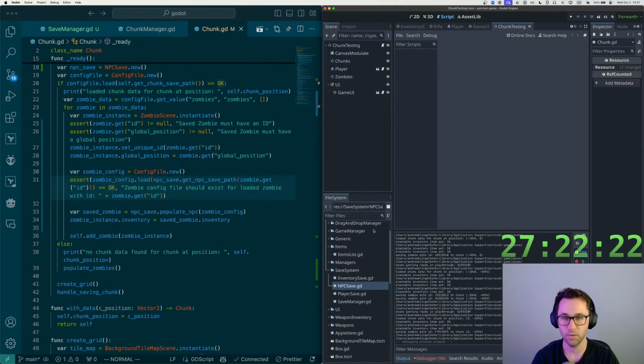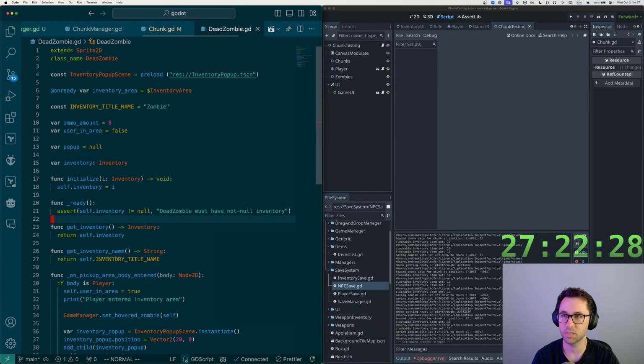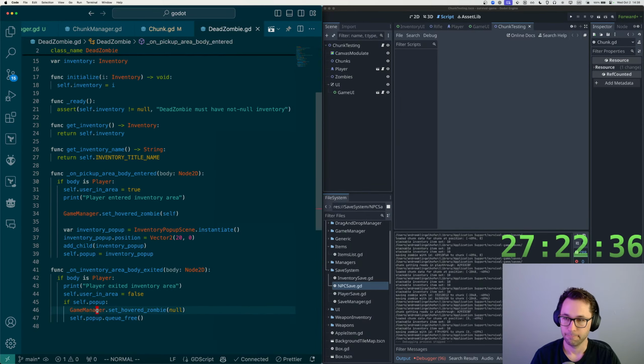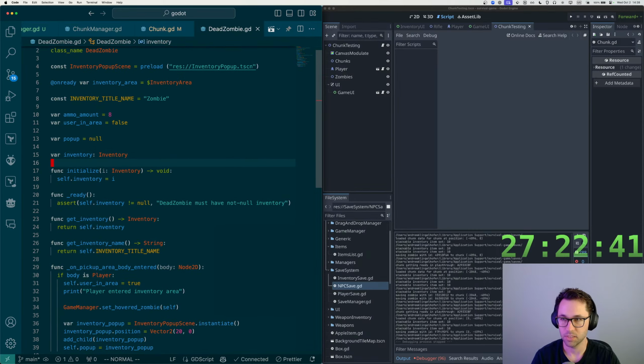So we do need a way to load in a dead zombie, which for all intents and purposes is a NPC as well, which has its own inventory. So we should be able to relatively easily store this information. Now,